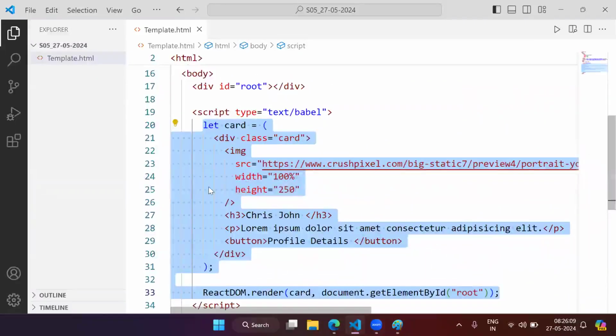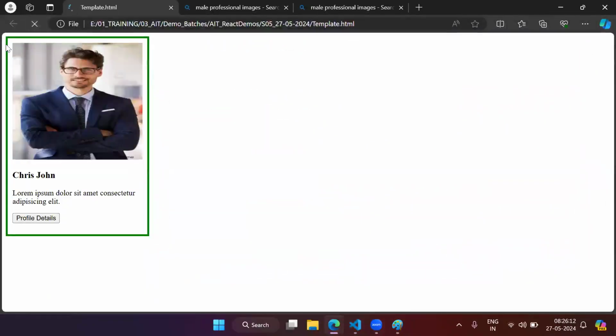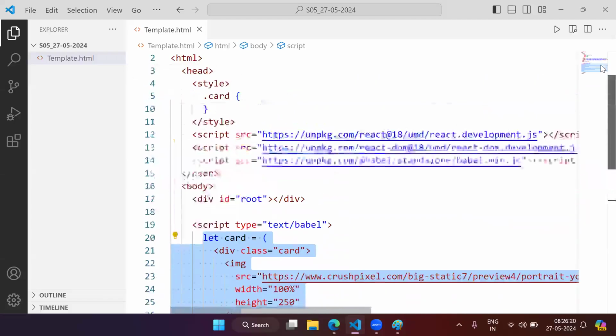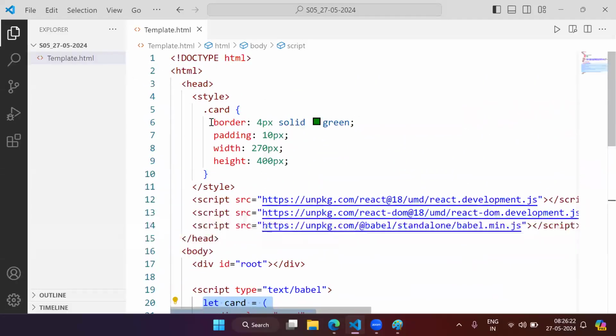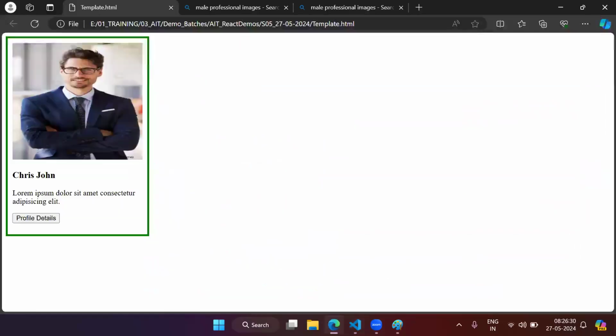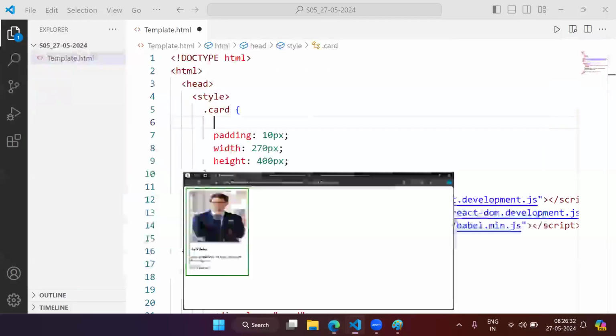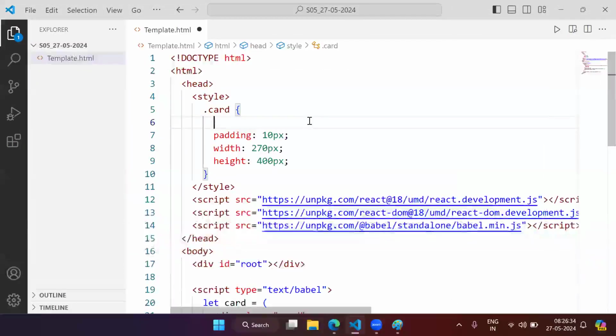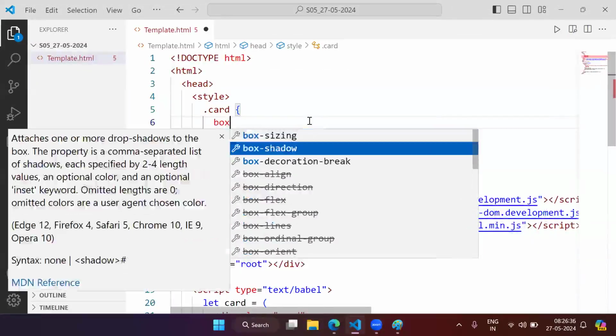Now if you go back here, now see here we got this card. Here I have added the border property; that's why we are getting this card in this way. Instead of the border property, we can use one more property in CSS, that is box shadow, so that gives much better UI for us. Right now, the border is giving this kind of effect to us. The moment I remove that border property and add the box shadow property,